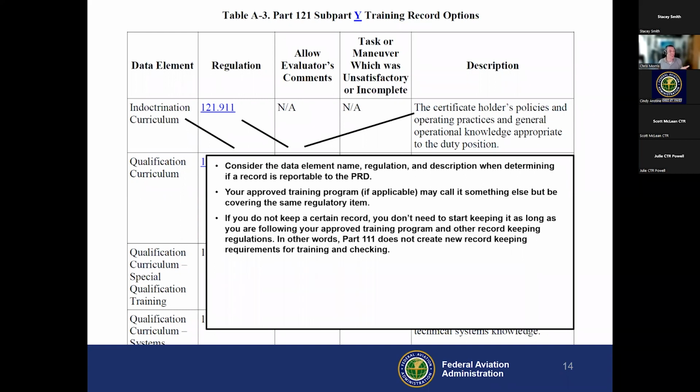But so you would know that if you have a pilot who begins and or completes an indoctrination curriculum, a curriculum in your training program that's meant to satisfy this requirement, then that item is reportable. Okay, it's kind of what that comes down to. So, okay, I think I've kind of covered the items in the bullet points. I'm not going to cover those again. Let's look at a different